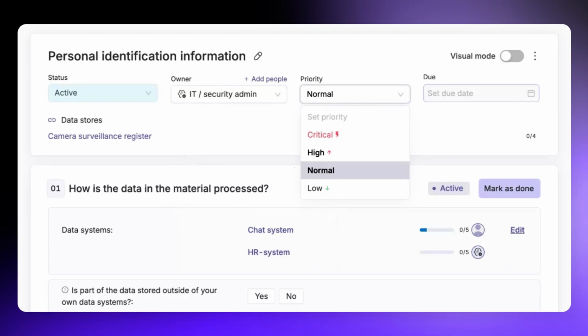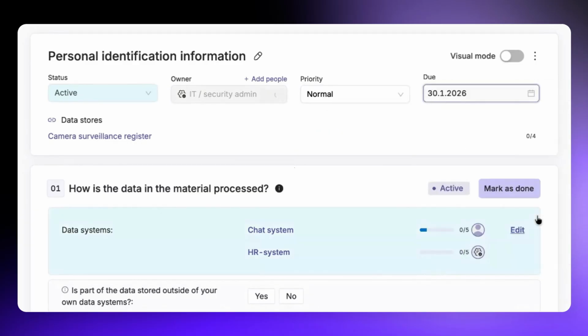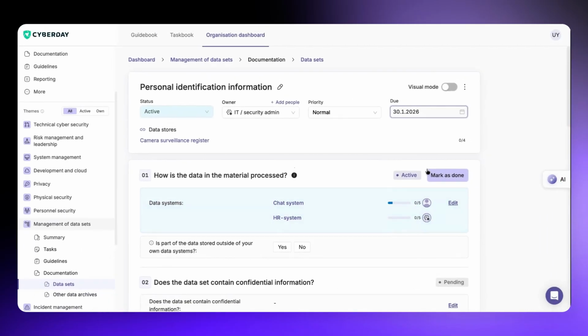The priority of a documentation item is defined based on how important it is to your organization. Prioritization helps you focus on the most relevant documentation in the right order. You can also set a due date to indicate when the documentation should be completed. The structure of the documentation card remains consistent across all items, even though the content may vary, making the overall